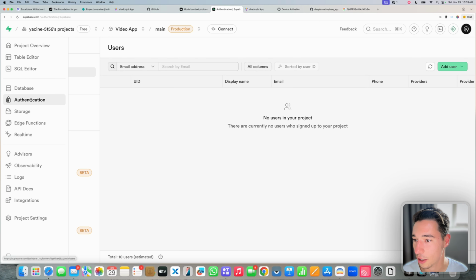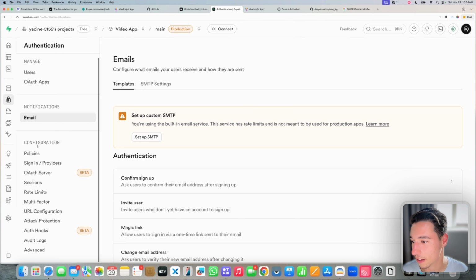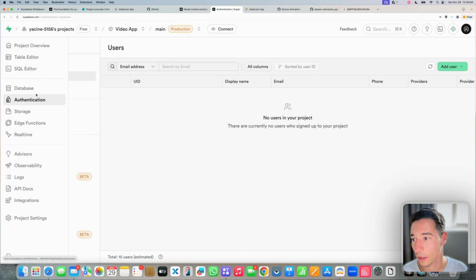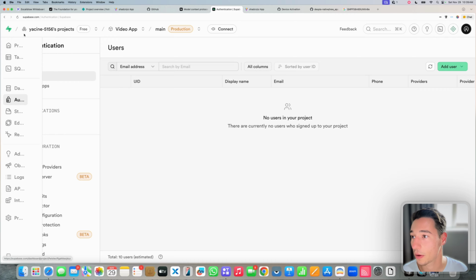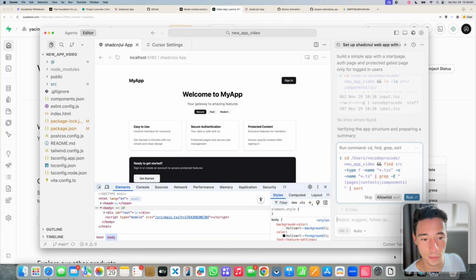We also have authentication here. So we have notifications, emails. We can set those things up, policies, users. So we got everything really nicely set up here. So now, while I did give you a little bit of a walkthrough of Supabase, we can now go to